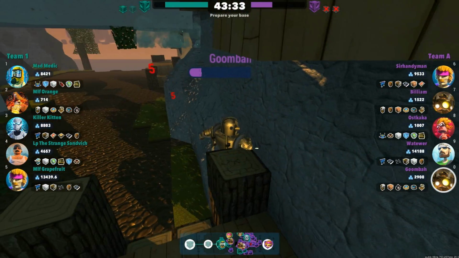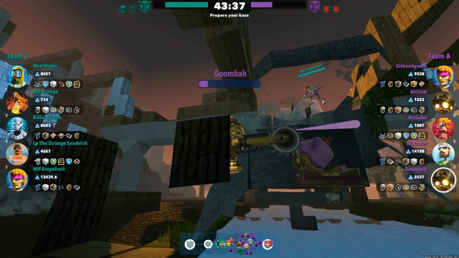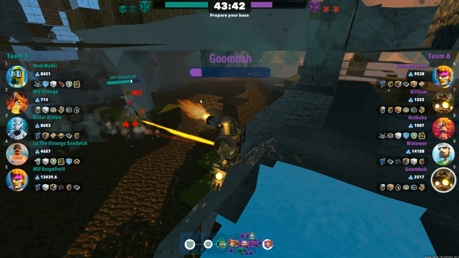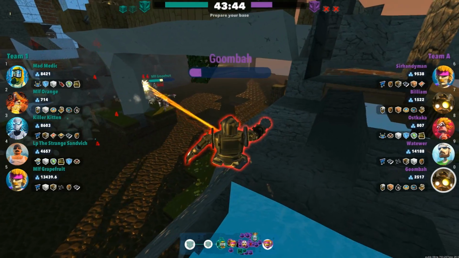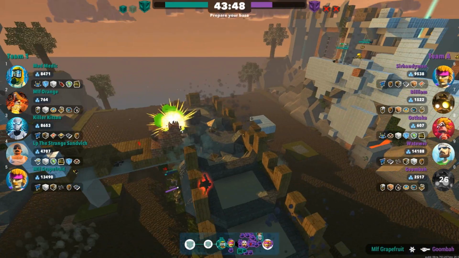Goomba looks like he's about to die here. He's just going to try and dig into a wall. What's he placing down? Okay, so he placed down a radar here. AdBlockPlus have placed down so many radars. They definitely have the most field of vision in this match, which is definitely helping them out here for just